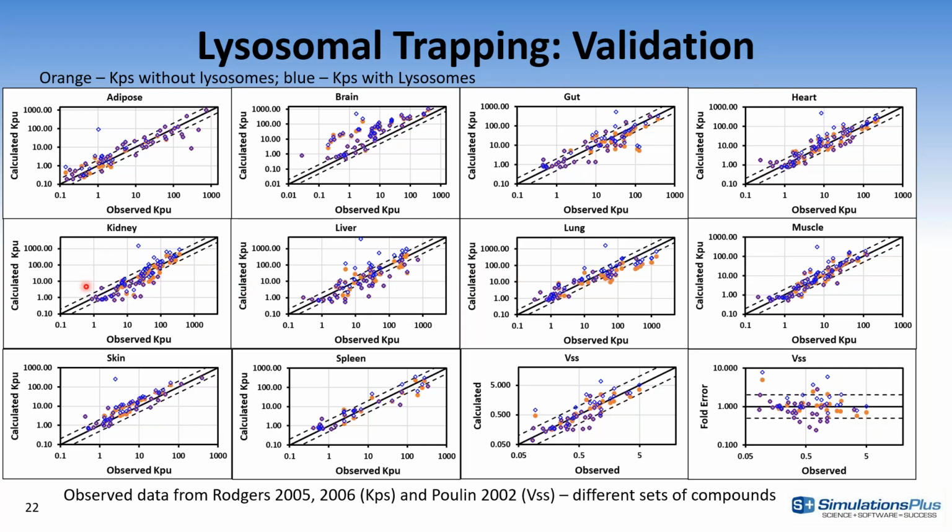As you would expect, the biggest differences you will see are in the kidney, liver, and lung tissues, where the lysosomal contents are the highest. So it shifted the KPs a little bit further up in those tissues. But there are some small changes in a few of the other tissues as well, which would have still significant contribution of the lysosomes. Similarly on the volume of distribution, you would see a shift, especially for the basic compounds. The volume of distribution predictions go a little bit higher up.